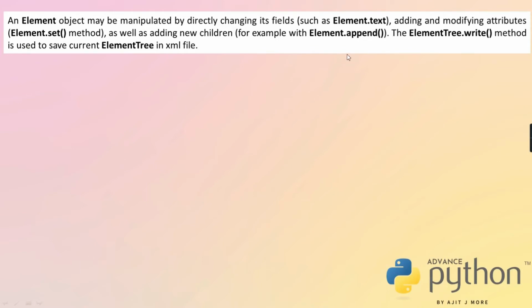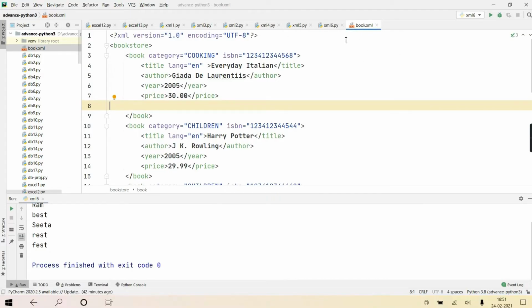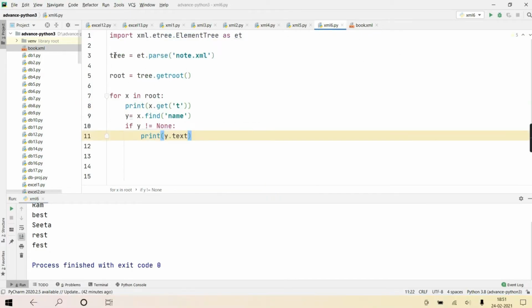And coming to the last part, that is saving all these changes which have happened in memory in the ElementTree. Who is ElementTree? This one. Is this your tree object in which the XML file from the disk is loaded in memory, and once it comes in memory, it is encapsulated in this ElementTree object.